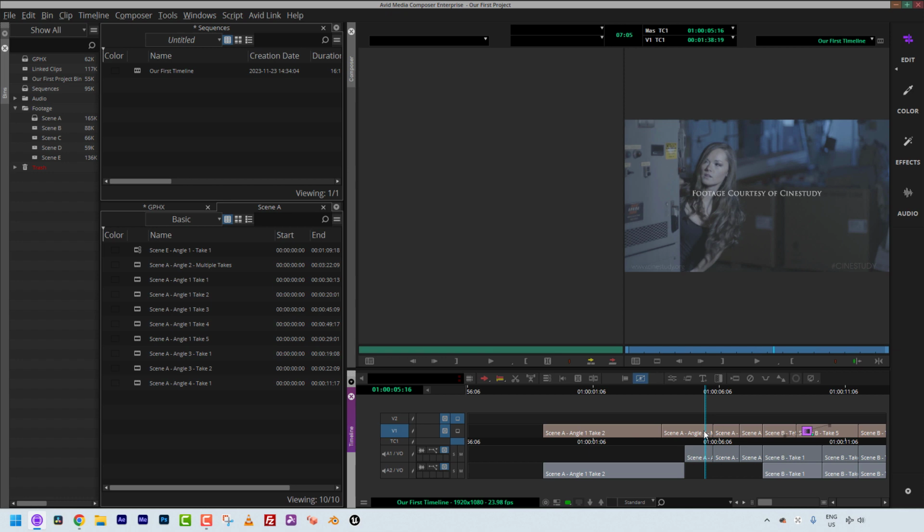For example, scale, position, crop, rotation, opacity. Those are the common 5 that you're going to run into. Let's just make sure that was 5. Position, scale, crop, opacity, and rotation. That's right, 5 of them right there. However, in Media Composer, we actually don't even have that flexibility. What's important to keep in mind is that in a lot of cases with certain concepts of Media Composer, like when dealing with effects, the way that it's been set up from the beginning is really still the way that it is now. So as you'll see here, if I come to my shot and I step into effects mode,